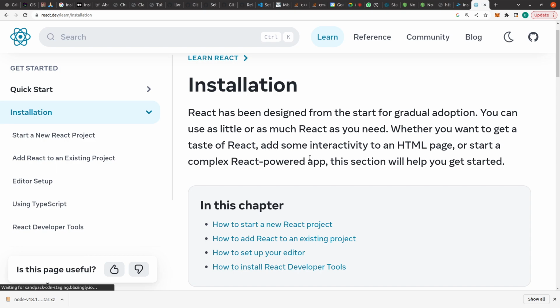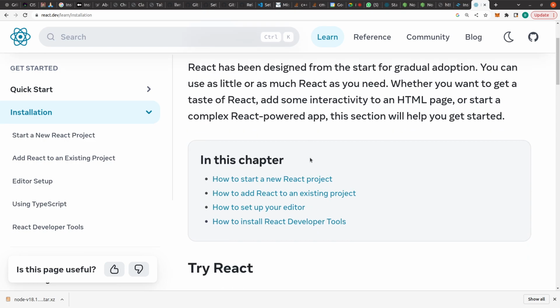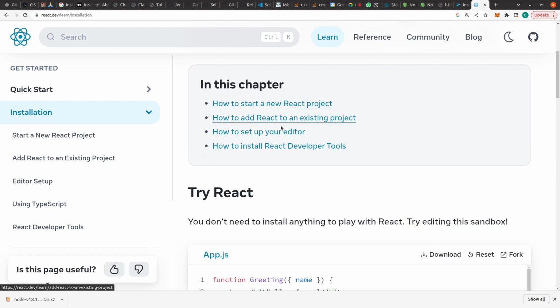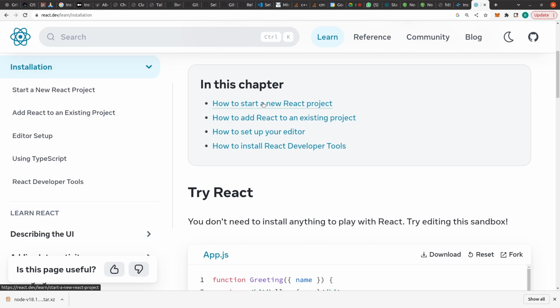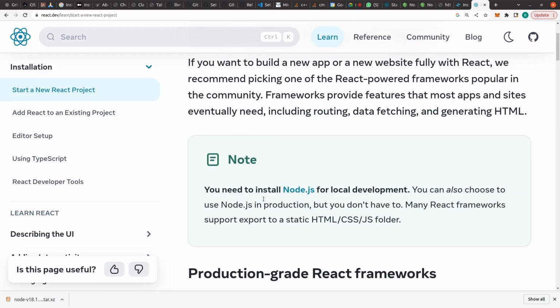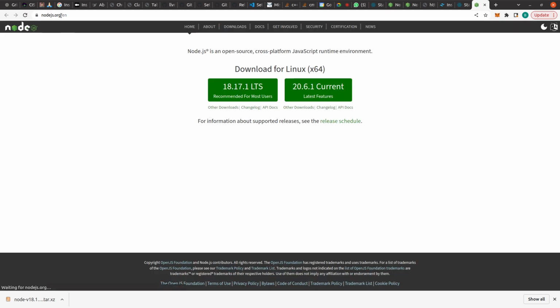First, you can even try how to start a new React project and so on, but for us we need to do the installation: how to start a new React project, and you need to install Node.js for local development. So the first step that we need to do is to install Node.js, and you can click on this link, Node.js. This link will take you to the Node.js official website, and the official website will have two options,